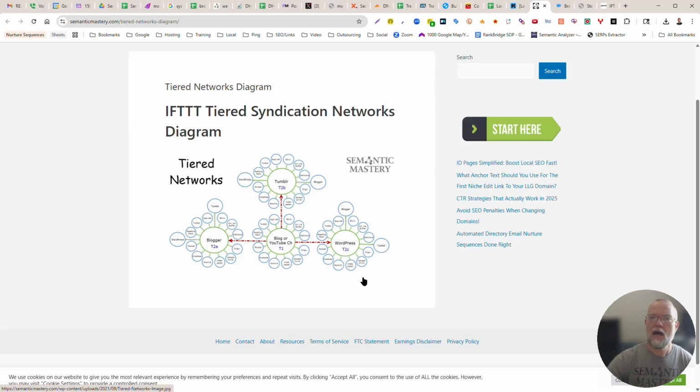Take this content, identify the entities, rewrite the content with the primary topic of the new article being one of the supporting points within the original article, and then republish that on this platform, right?